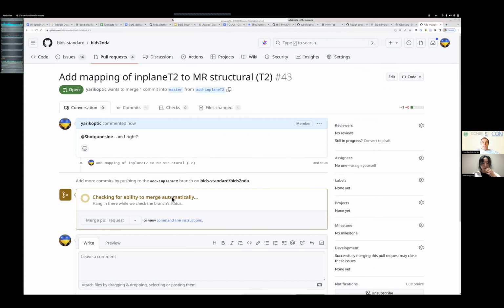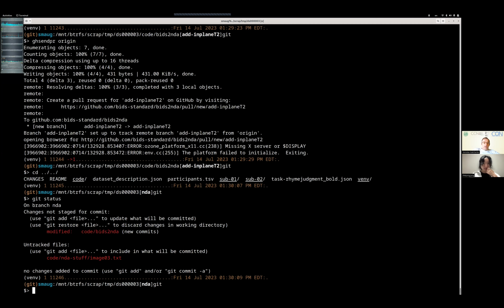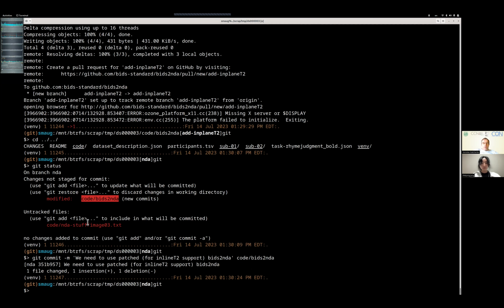Anyway, this would be the workflow, I would say, for you. Create a branch, do all this gizmo, right? But now I've committed this. Let me just finalize this demo. We have now modified this. I'll commit this adjusted state. We need to use patched bits to the NDA for inplane T2 support, right? So I'm committing the state of modified bits to NDA. And now instead of